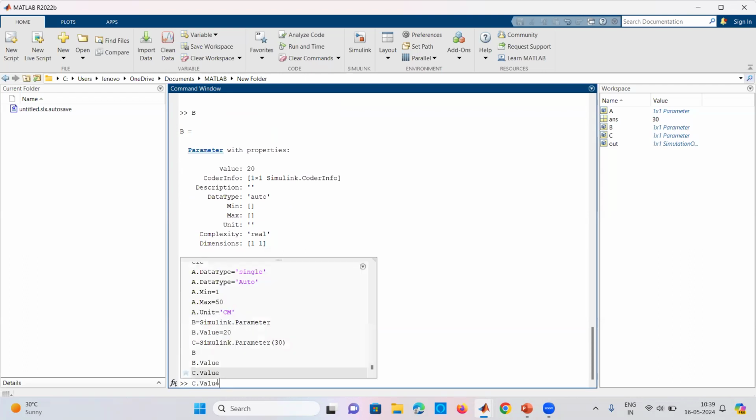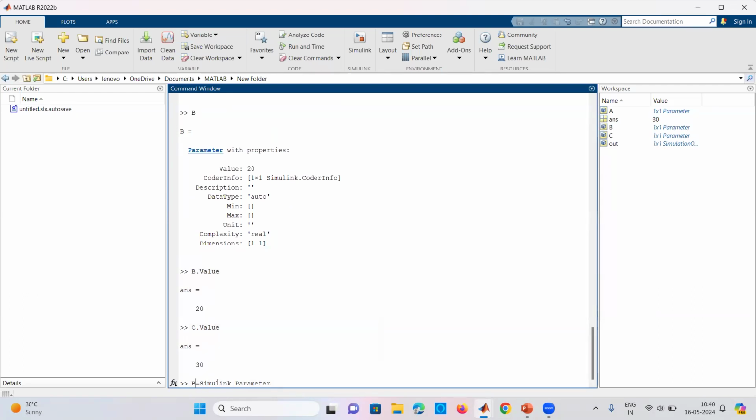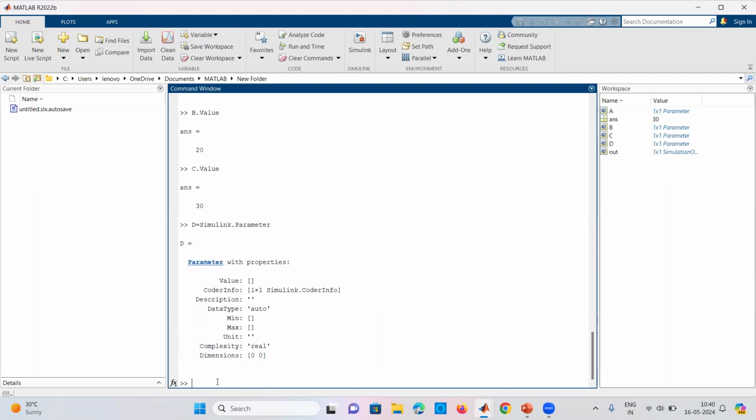Now let us set the expression by creating a different parameter, just like d. You can use the up key for using the previous expressions over here. So now suppose I will use this expression. I will create a new parameter, that is d. Okay. So the new parameter has been created. And if I want to set the value of d, that is d.Value equals,